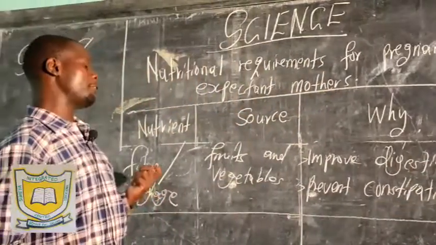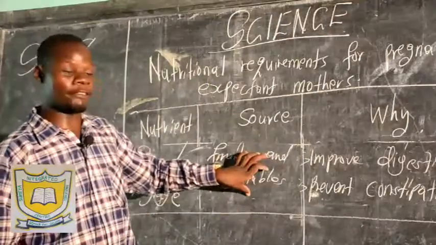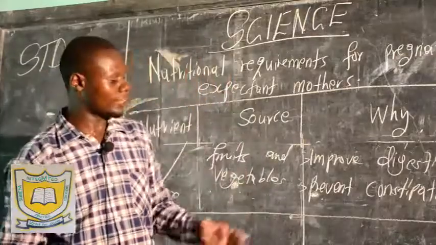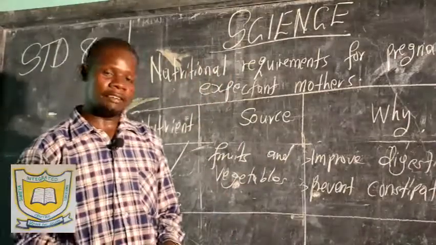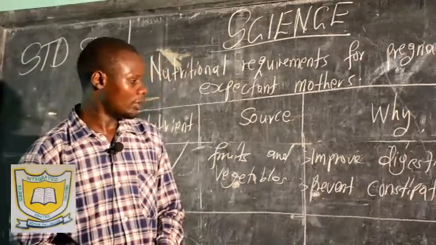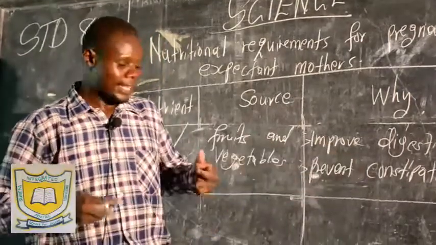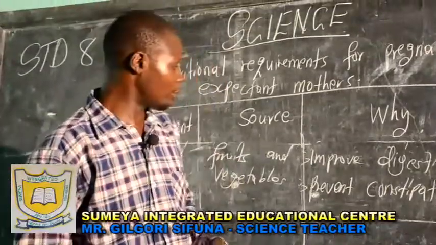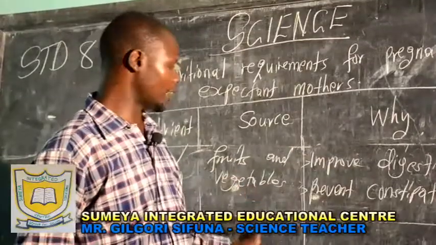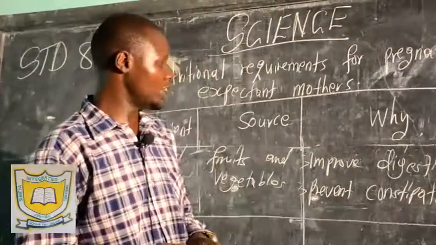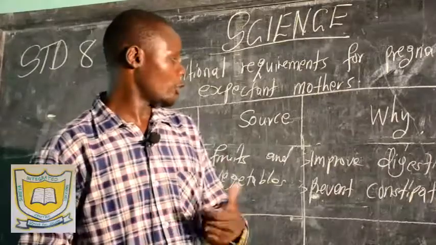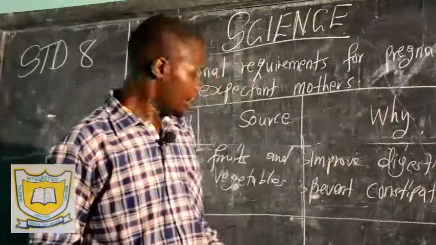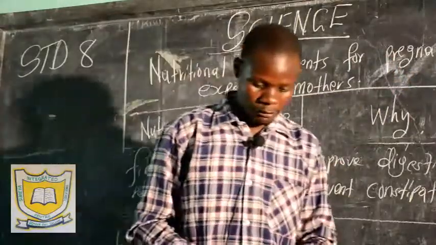So you find that if you don't eat the sources of roughage, you might finish 3 days without visiting the toilet. Or you just go there, stay there for 3 hours, you come out without doing anything. So the undigested food materials remaining in the body become toxic, which is poisonous to the body. So you have to take roughage and empty. The toxic substance that remains in the body is dangerous, which can kill or can create complications to the baby, the fetus, or the mother. So the roughage or the fiber is very important.